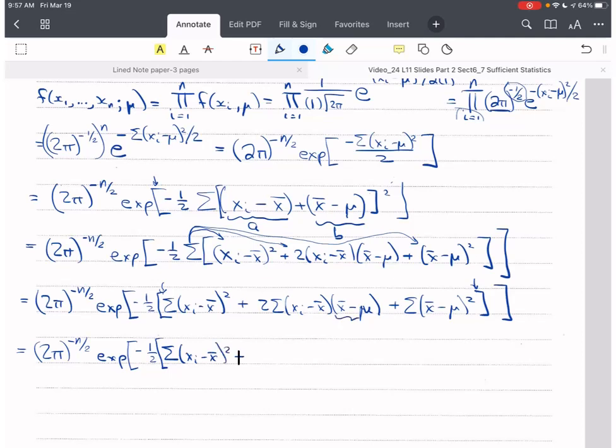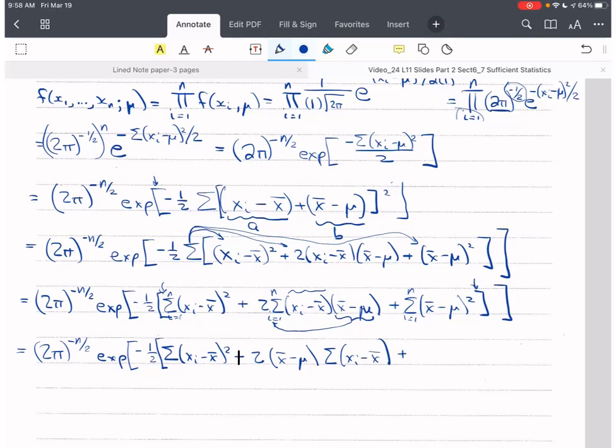Now, this term does not have any subscript, no sub i in there. Okay, there's no little i, and we are summing across i equals 1 to n. So since this doesn't have any subscript, I can pull it out to the front of the summation, but I cannot do this first term. So this is going to be 2 times x bar minus mu, sum of x sub i minus x bar, okay, plus,